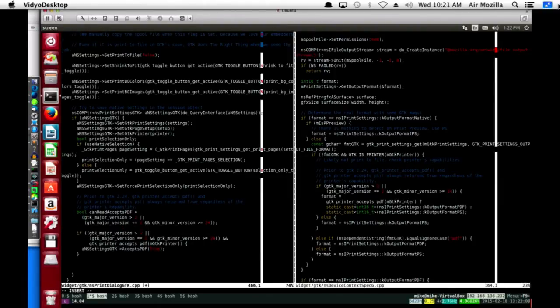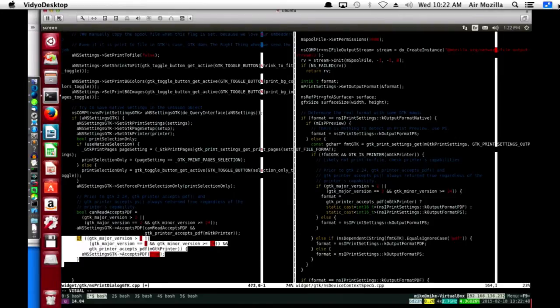Okay, so maybe we can do ANS settings GTK accepts PDF to can read accepts PDF and GTK printer accepts PDF. I don't know if that's any more readable, to be completely honest. But let's find out. GTK printer.